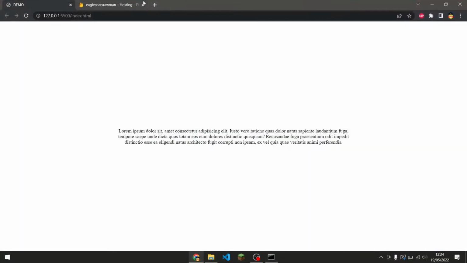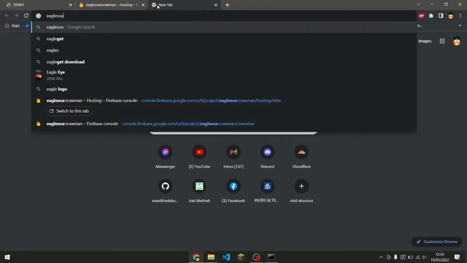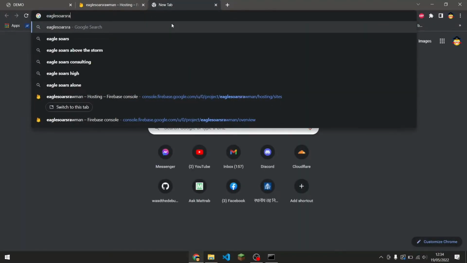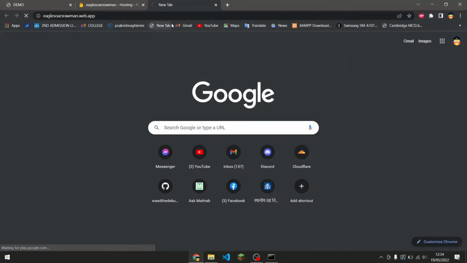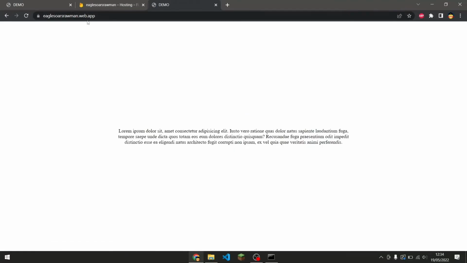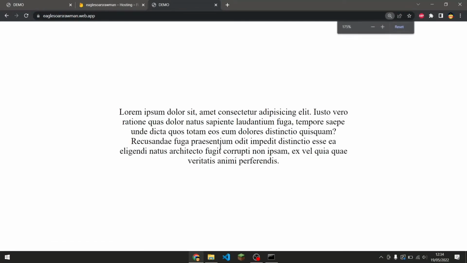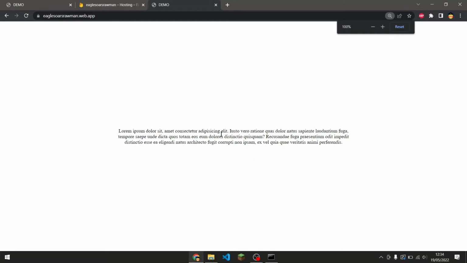https://eaglesource-rawman.web.app. As you can see, it's already available on the web. So we go to eaglesource-rawman.web.app. When you press enter, our website should be loading. As you can see, I'm in this domain and this website is on the internet. I could access it from my mobile, from my laptop, from my PC, from anything in the world, and this website would pop up when I put in this domain. So for the sake of this video, I'm not going to delete this project. You can still go and see this project on the internet,